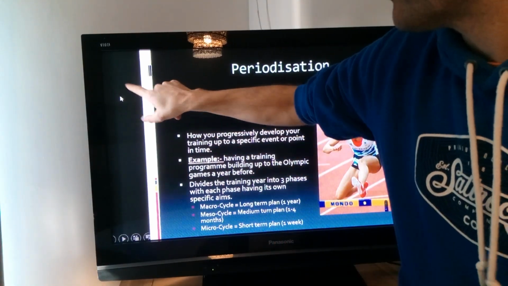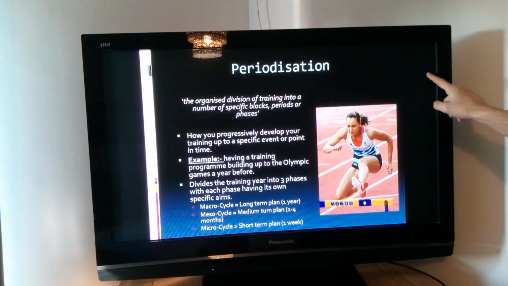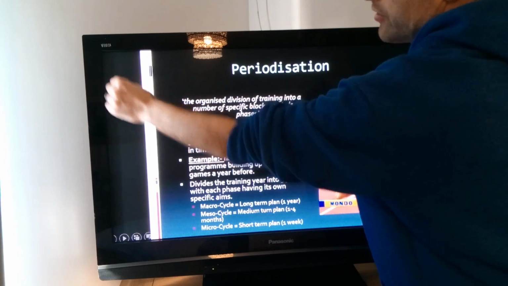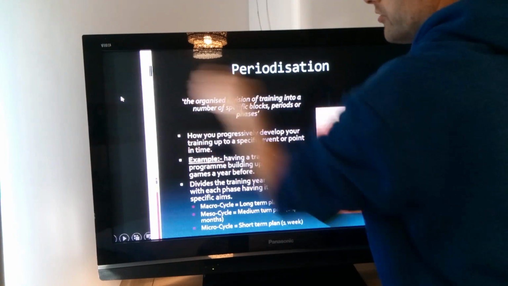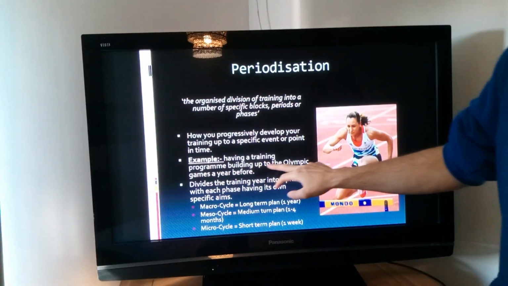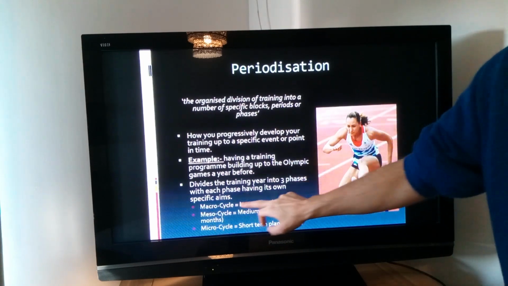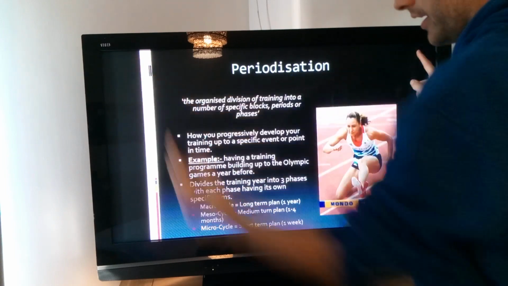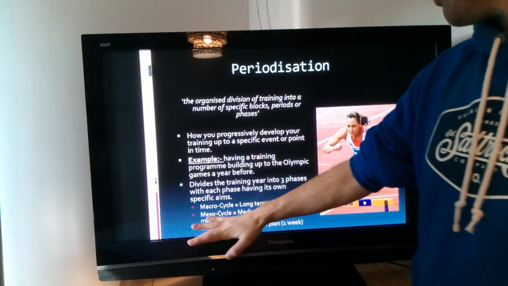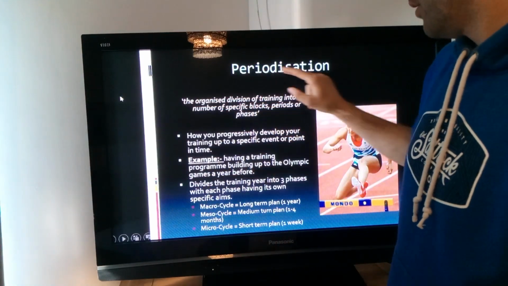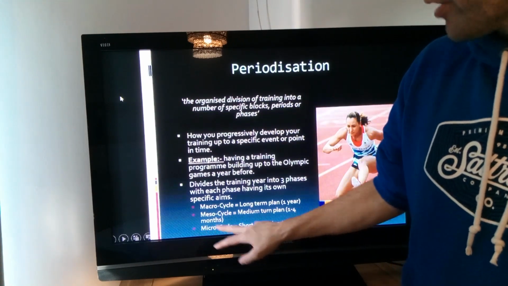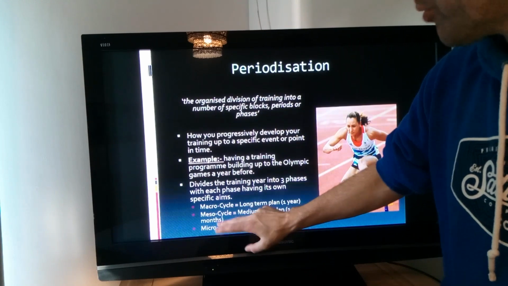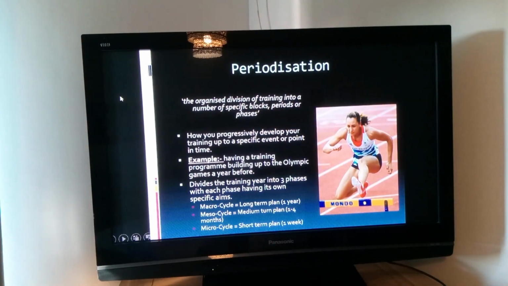So, she's got an aim of winning a gold medal. Okay, and it's in July, and she's made this decision in July 2019. She's got 1 year. Okay, so 1 year is a macro cycle. 1 long year plan of winning gold medal at the Olympic Games. What we need to do is split this into little mesocycles and then little microcycles. And I'm going to explain those a lot more, but what we're starting to do is split up her cycle already.